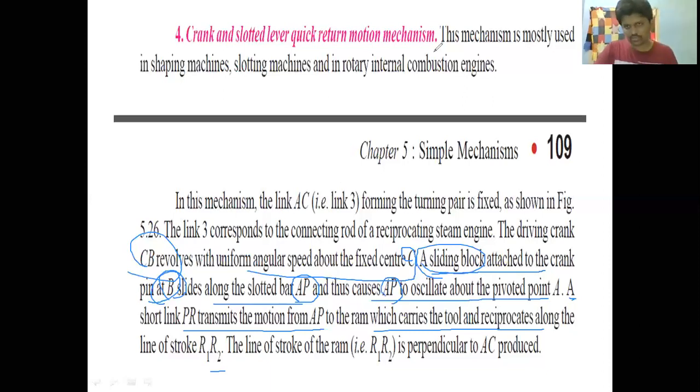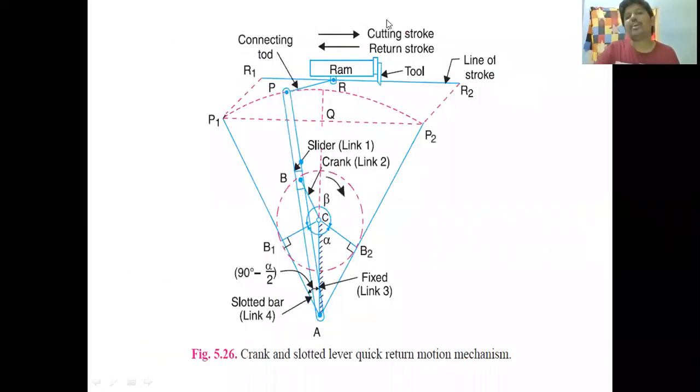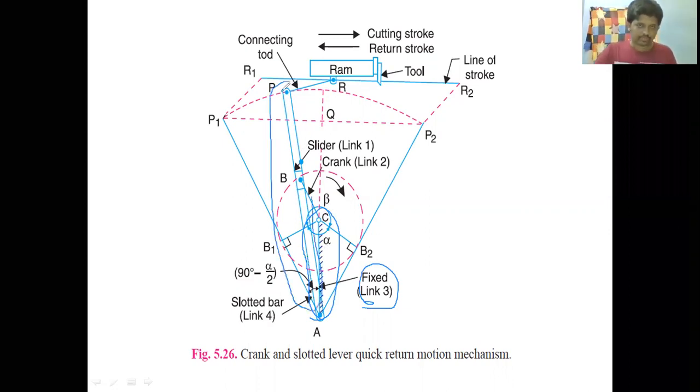I think we are done. We have clarity on what the terminology is. We'll also see the diagram here. It is a very easy one, right? Now, first, what we said: we have a fixed link AC. This is our fixed link AC. This is link 3, which is the fixed link. Now, this is connected to the connecting rod of an engine. If you see, this fixed link is connected to this one, right? That is what is connected to the engine.